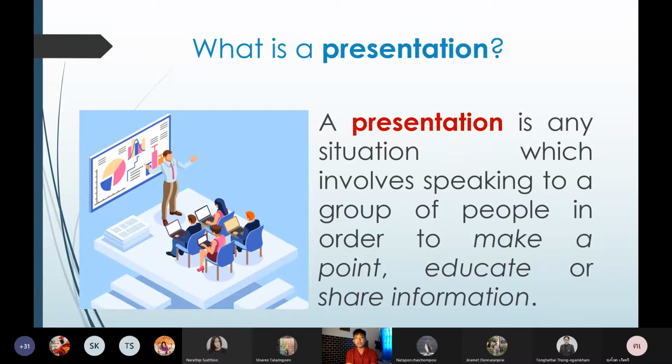So they have to stand in front of people, or through a webinar, they have to speak in front of the computer, like what we're doing now because of the pandemic. They have to educate and share information with the audience or the listeners. They have to make their points also. Making a point is sharing ideas or making a stand, sharing what they believe in and what they think is beneficial to the audience. Okay, so can everybody understand my point?